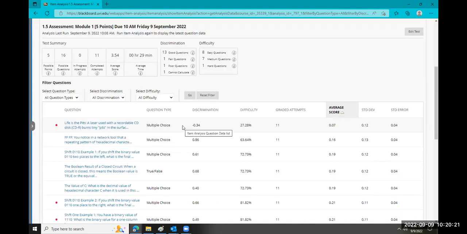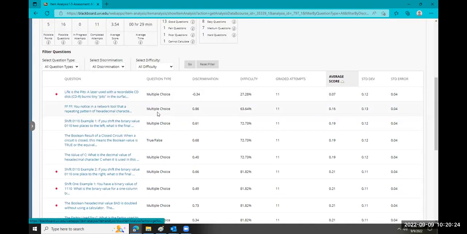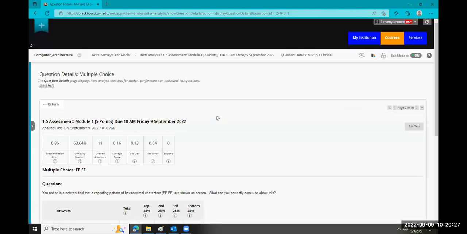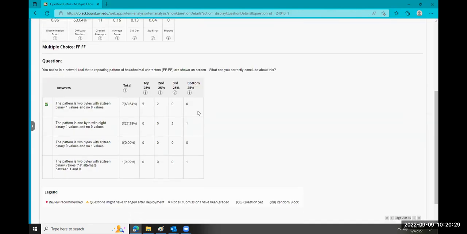Okay, so let's look at the next one. This was a multiple choice item, and it had something to do with hexadecimal values. It said, you notice in a network tool that a repeating pattern of hexadecimal characters, FF, FF, are shown on the screen. What can you correctly conclude about this? And if you look at the answer choices, 7 students answered correctly. The pattern is 2 bytes with 16 binary 1s and no 0 values. You have 1111, 1111,